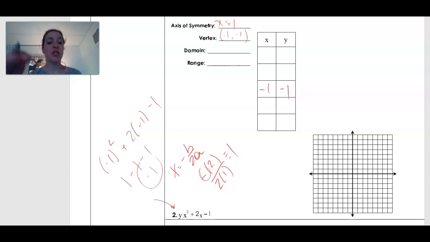So then from there I pick 2 x values that are smaller and 2 that are bigger. So I'm going to go ahead and pick just the next ones: -2 and -3, and then 0 and 1. So when I plug those x values into my equation, I will get the y values of 2,